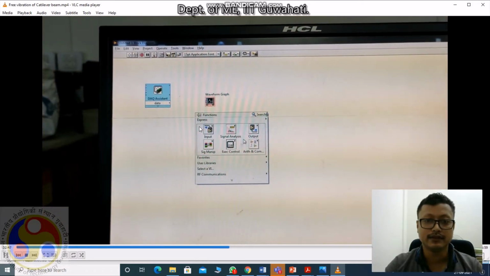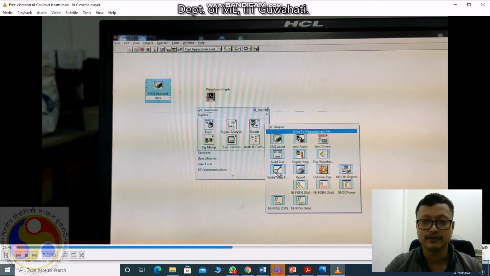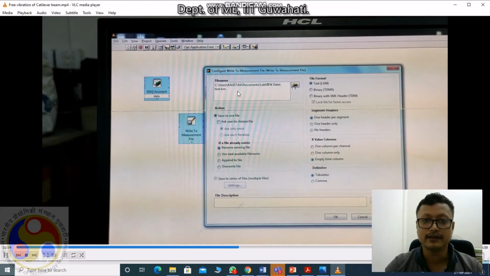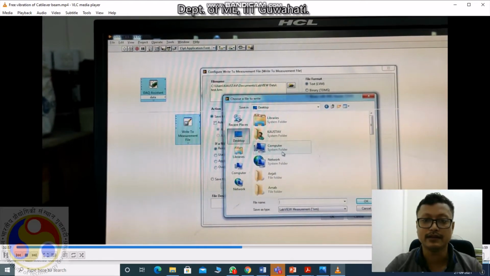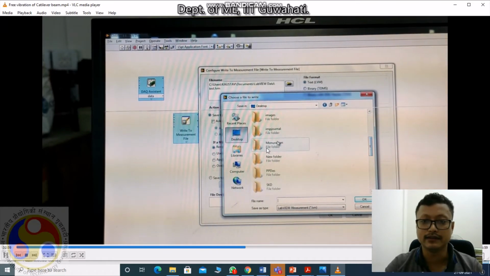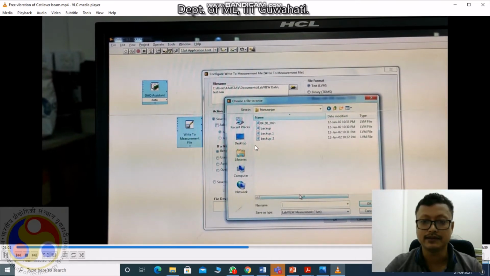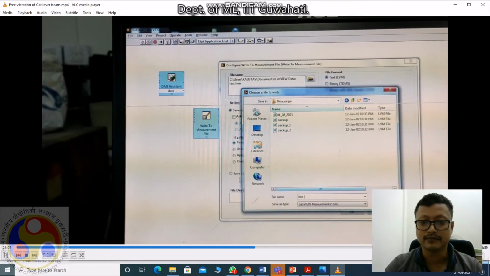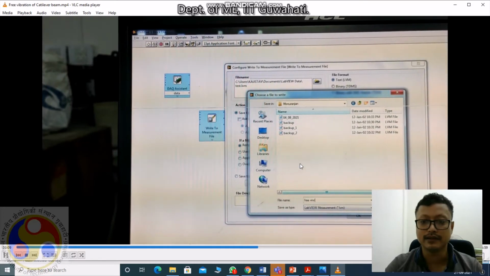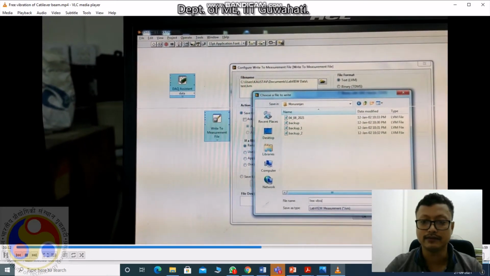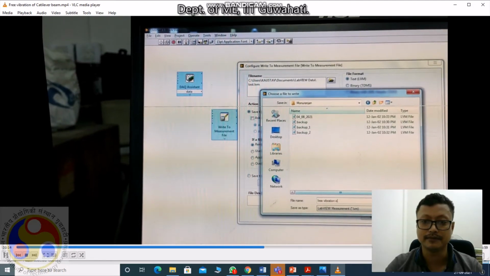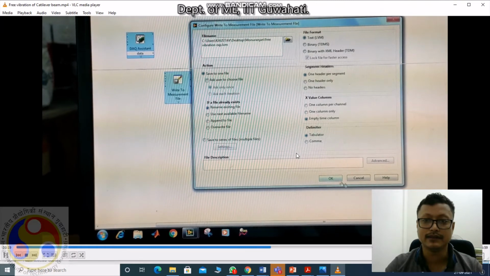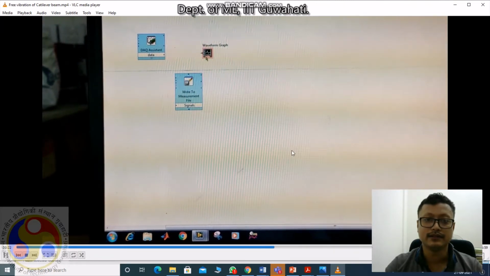For output, you need to use the write measurement block, where you can give your file name, where your accelerometer data related to damping or vibration will be collected with respect to time. This is the file we are giving a name to collect our data, for finding out the natural frequency and damping frequency part of our experiment. The file name is saved. Okay, so this block is ready.